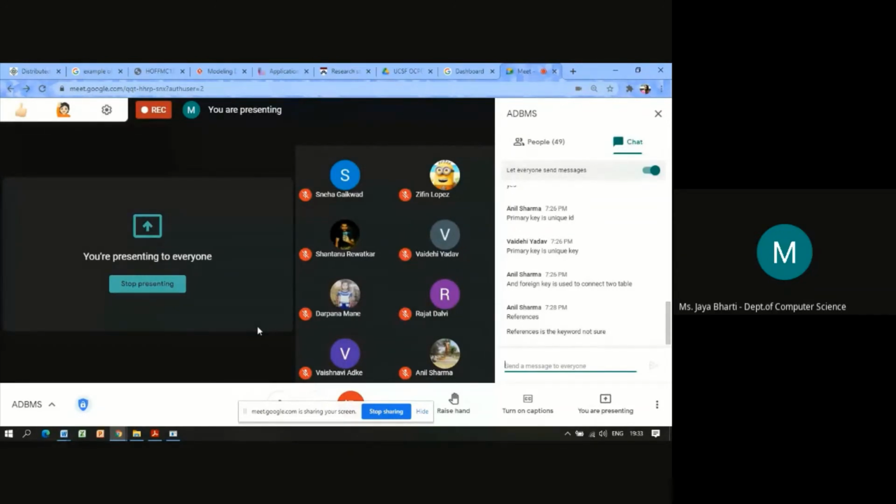Like department ID, whichever way you have written it in the department table, the same way you give department ID in the employee table, only with the foreign key.